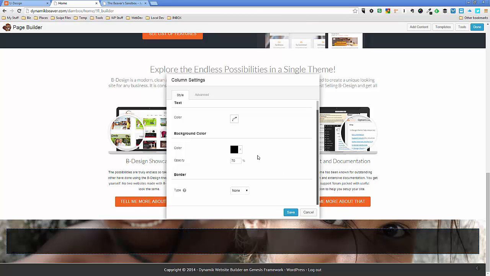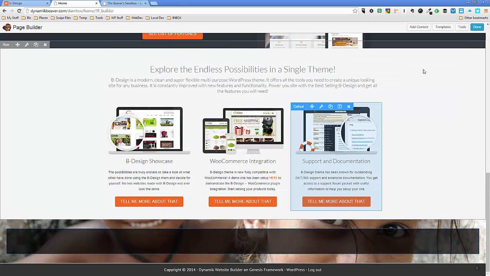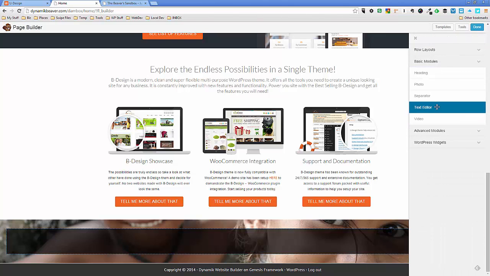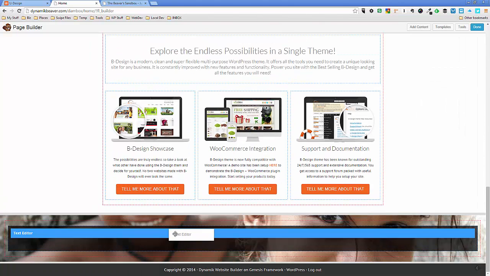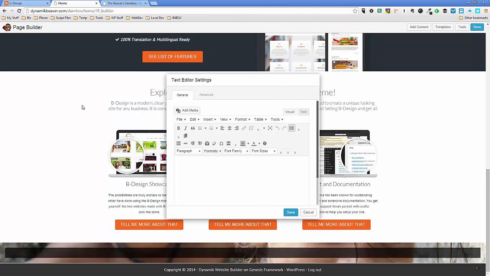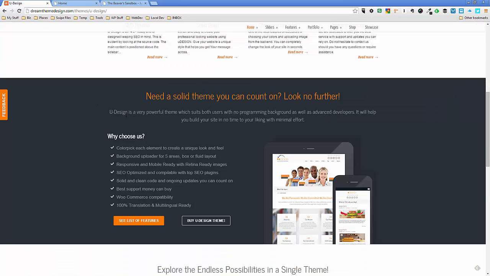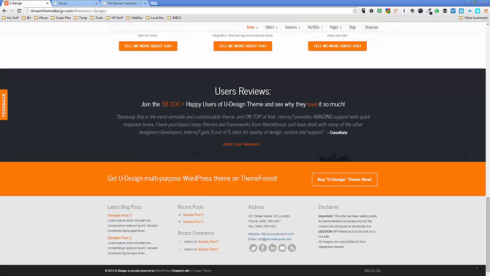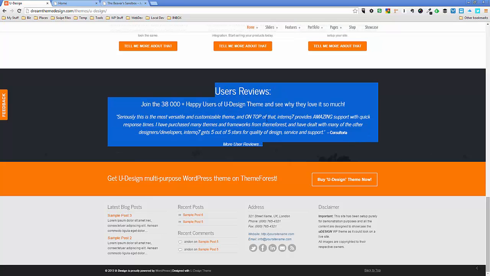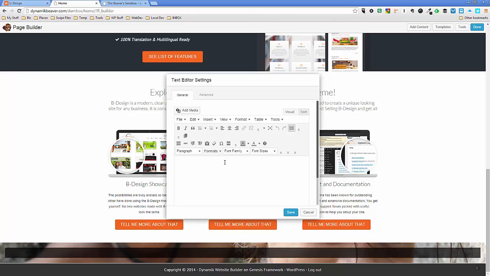And I'm going to try and create that effect that we had before. This is where I need to get rid of all the margins and stuff. So right now I have still got margins wrapped around. I'm going to see what happens if I don't do anything. So we're going to save that. Now I'm going to add my text editor inside that column. Okay, so what we're going to do here is we're going to go over here and we're going to copy all this stuff there. Copy that. I'll take it over here, paste it into the